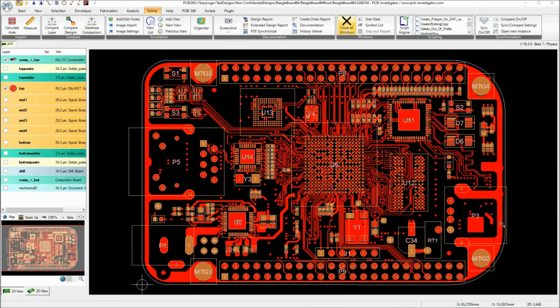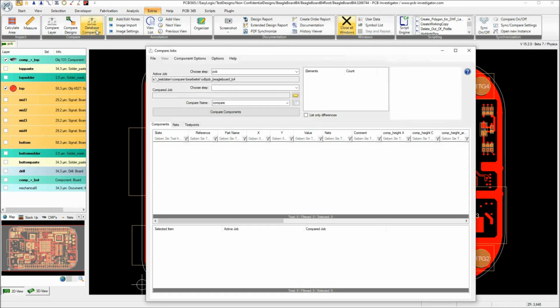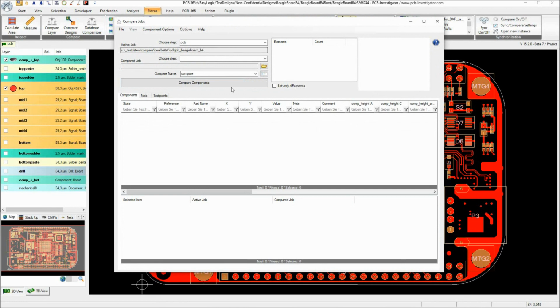In this video tutorial, I'm going to show you another great possibility to find differences between two indices of your design. We have already seen the compare design, the graphic board compare, in the first part of this video tutorial series. And now I'm going to show you the database comparison. The database comparison also compares two indices of your design, of your layout, but not in a graphical way. Instead, it lists all differences for components, for nets, and for test points in separate list views and